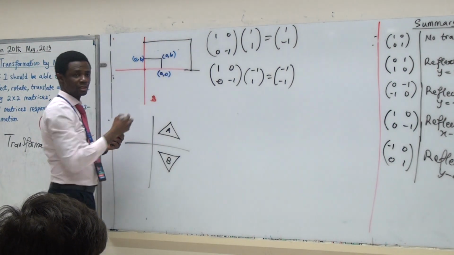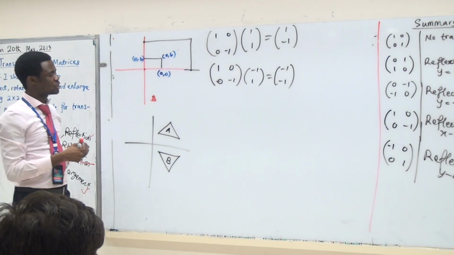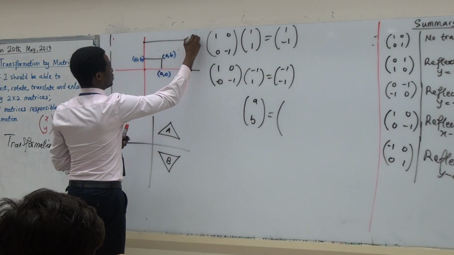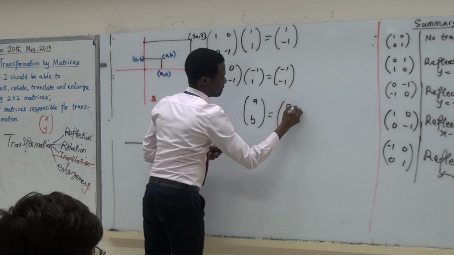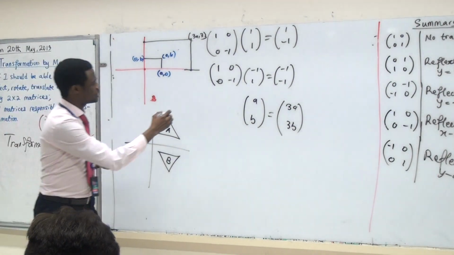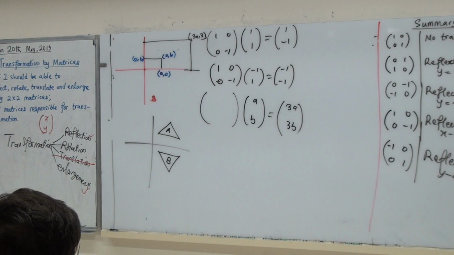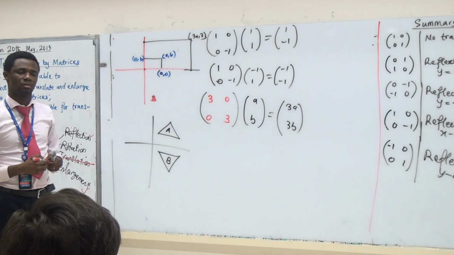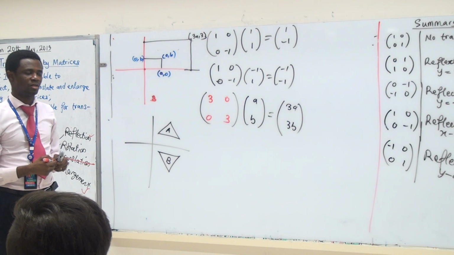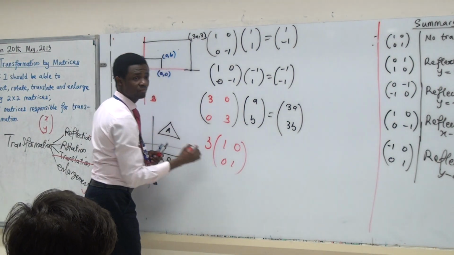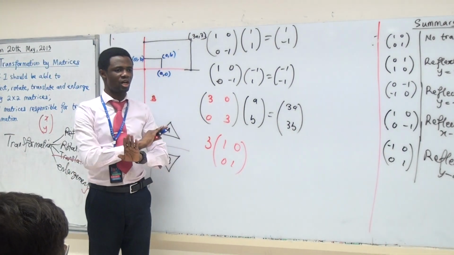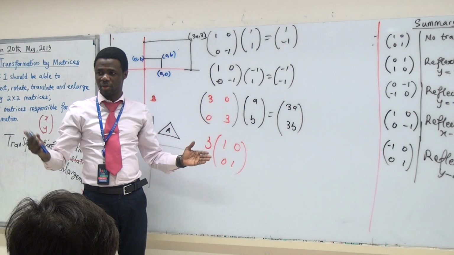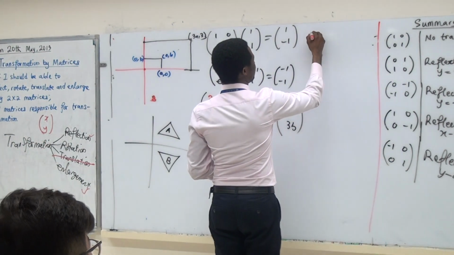So the enlarged shape would look like this. Are we getting that? So this point, A, B, changes to what? 3A, 3B. Do you see that? So what matrix do you think is responsible for that? 3, 0, 0, 3. Are you sure? Let me check. Yes. I just have to be sure. Do you agree this is actually it? First, the identity matrix doesn't reflect, doesn't do anything. Multiplying by 3 is just to make it bigger. Does it make sense now? So for your enlargement, for scale factor enlargement,